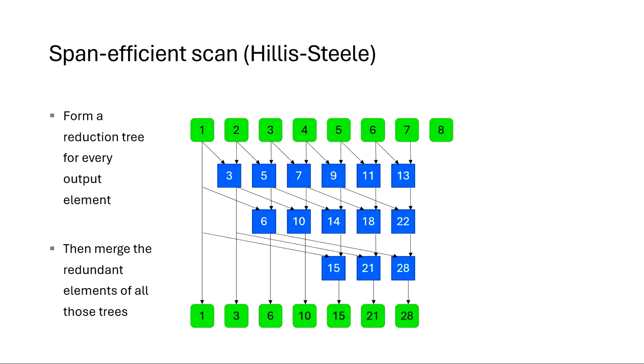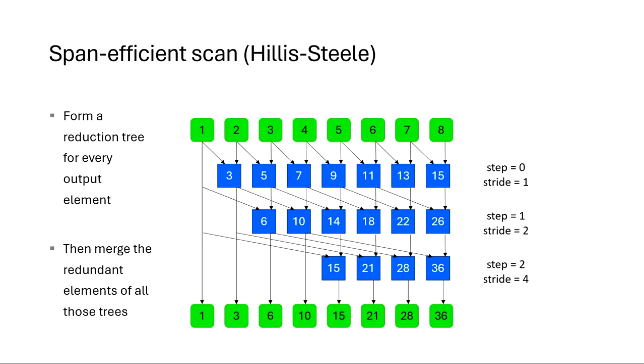okay, so Hillis-Steele is the other scan algorithm. And this doesn't take it as literally. In Blelloch, you literally do the reduce and then you do more stuff. In Hillis-Steele, you try and do all this stuff together. And the idea is to make it as span efficient as possible. So we don't have this thing of doing an up phase and a down phase. And this is the structure of Hillis-Steele. You can see it's a single sweep. We form a series of our